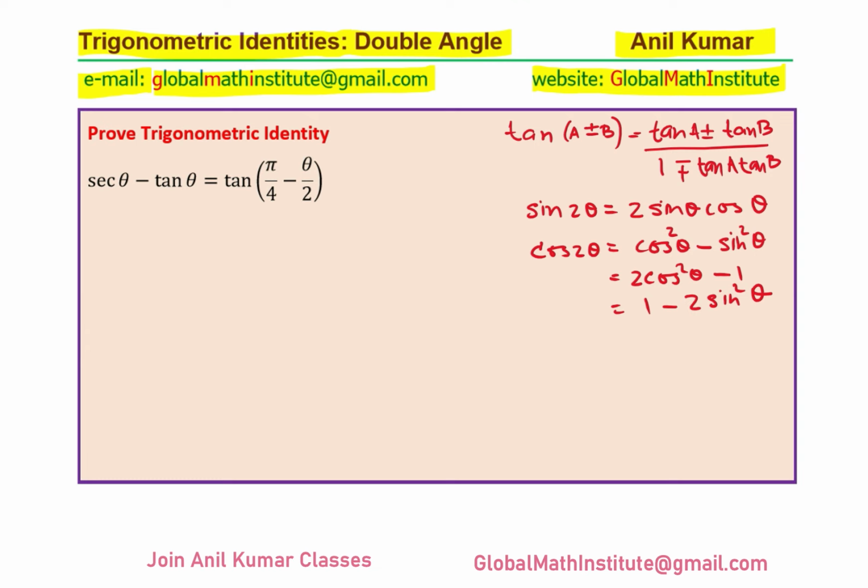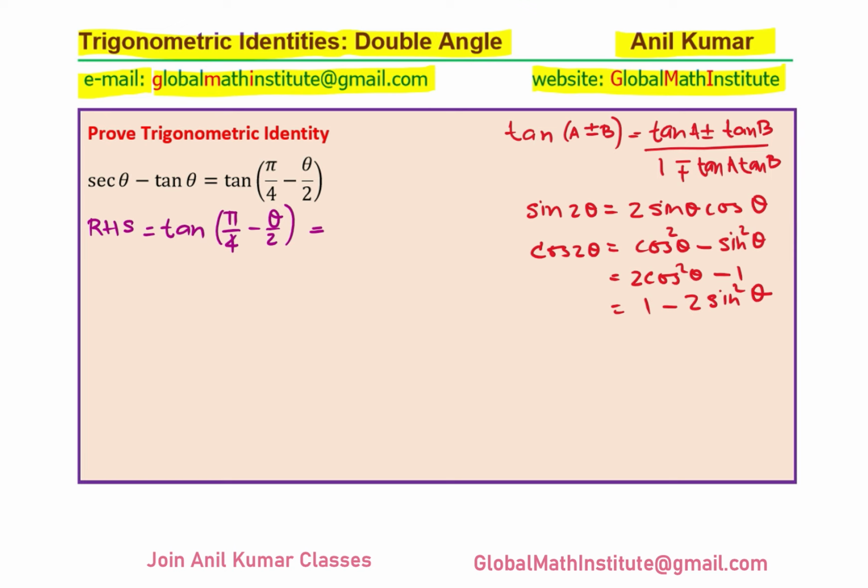To prove this identity, I could start from either side. I could actually start from left side or right hand side. So this time, let me begin from the right hand side, which is tan pi by 4 minus theta by 2. Okay, so which is equal to